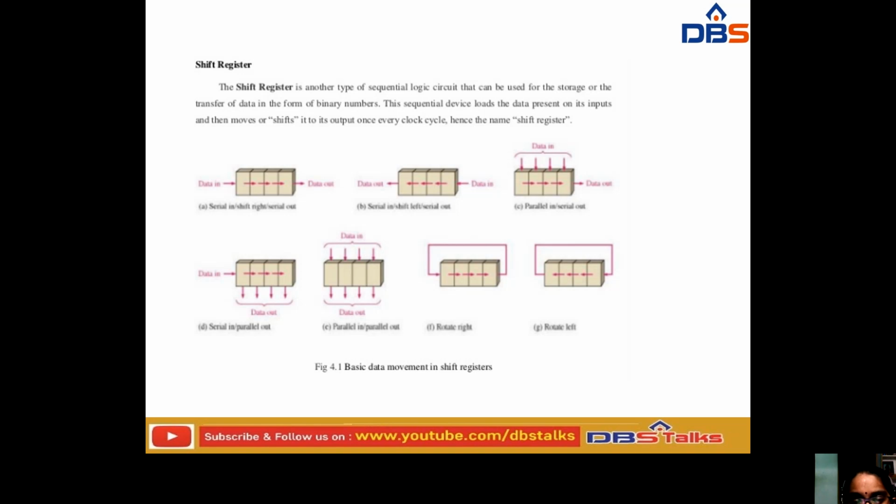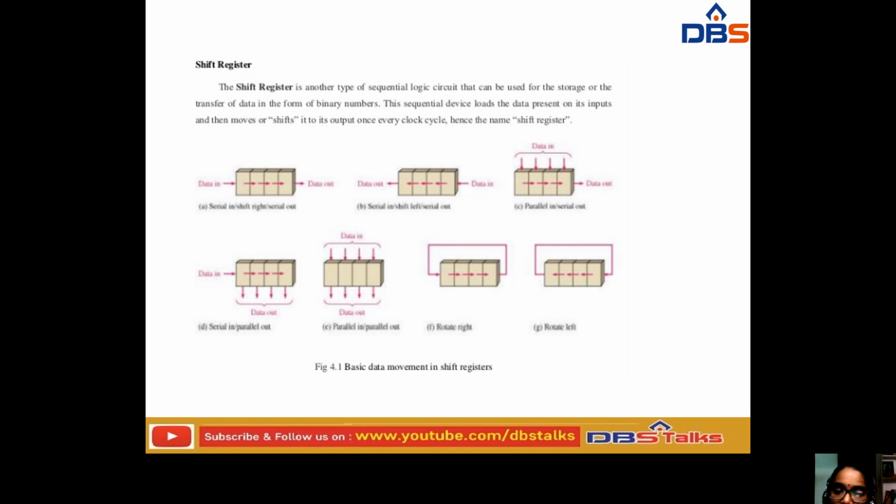So we can say it is a parallel in, but it has to come out as a serial. This is a serial in and parallel out. If it is sending in a serial way, at a time the data is available in parallel. Assume that you have four registers. At a time, we are sending the data out from all these four registers. In parallel in parallel out, the data is sent parallelly and received also parallelly.